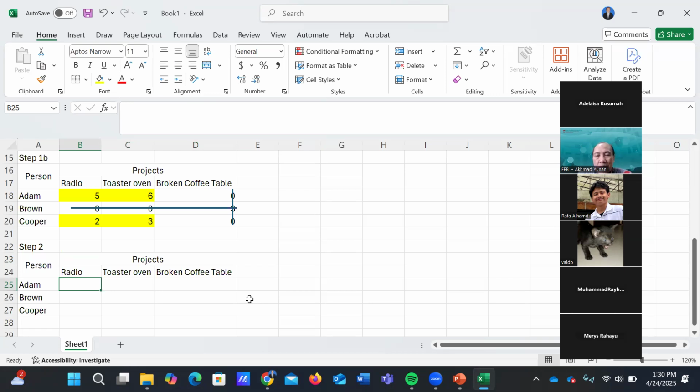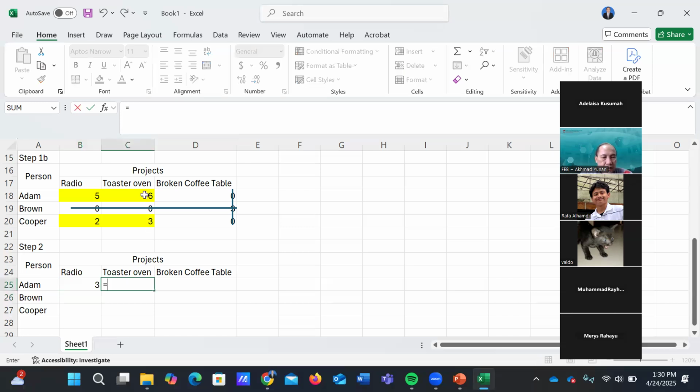So the cells not covered by the line must be subtracted by the smallest: 5 minus 2, 6 minus 2, 2 minus 2, and 3 minus 2.